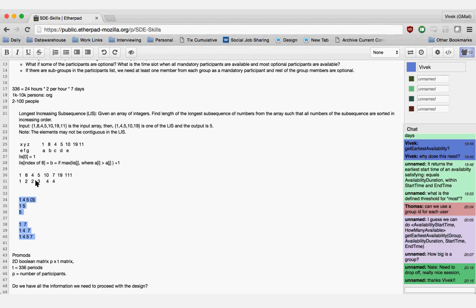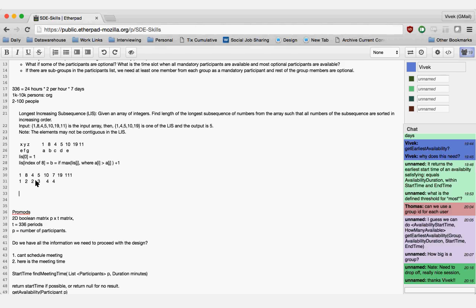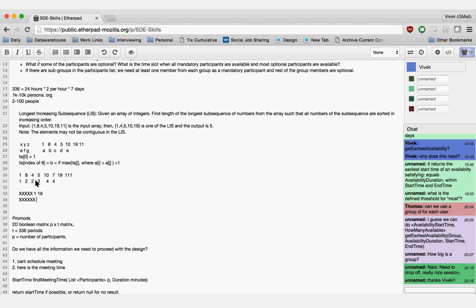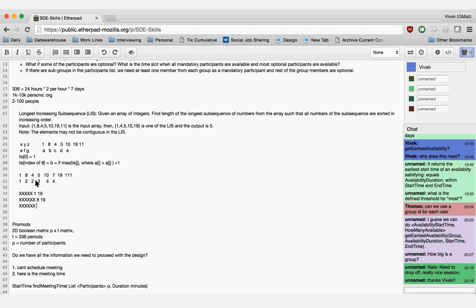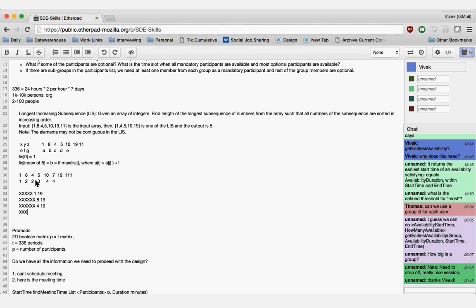Yeah. The next one is 19. 19 has everything as a possible candidate. Correct. Every number before 19 is less than 19. Which means that you will have some kind of a sequence with 1 19, some kind of a sequence with 8 19, some kind of a sequence with 4 19, and so on, right? We don't know what the sequence is, but that sequence will be the best sequence for 1, which is just 1 itself. Best sequence for 8, which is 1 and 8. Best sequence for 4, which is 1 and 4. Best sequence for 5, which is 1 4 5, and so on.